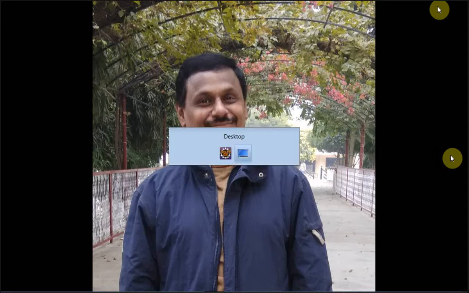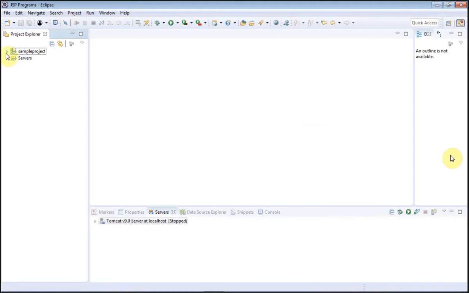Namaste. In this another program, we are going to have yet another sample JSP program which will be using a Java class. So first we will be going to the Eclipse, then